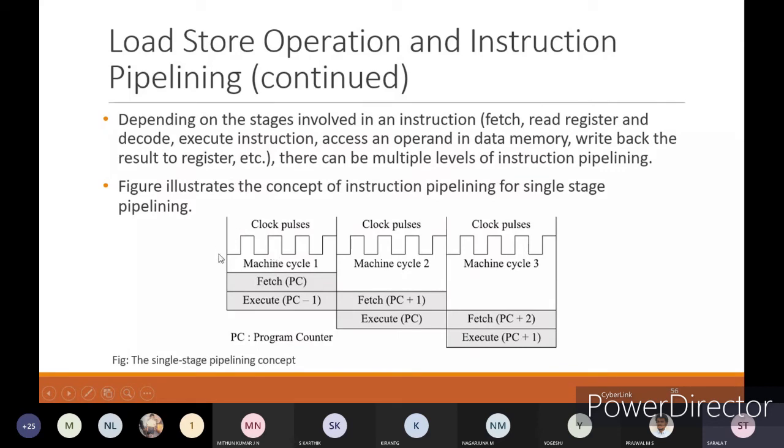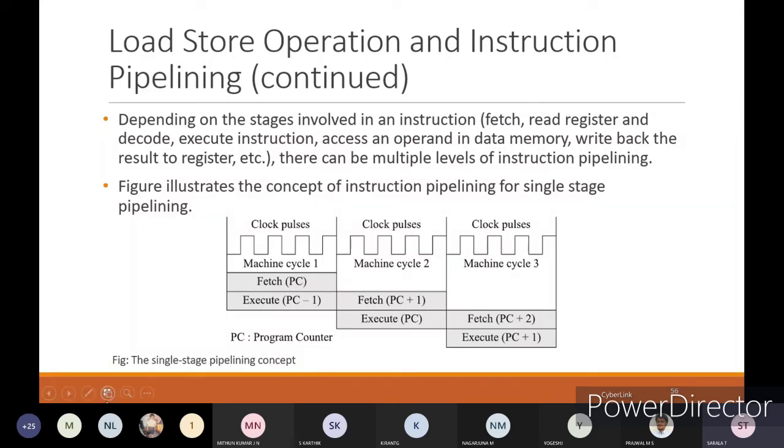Here, we will have the clock pulses. You can take them as machine cycles 1, 2, 3. In the first machine cycle, I am fetching one instruction at the program counter, whatever instruction is there, that we have to take.